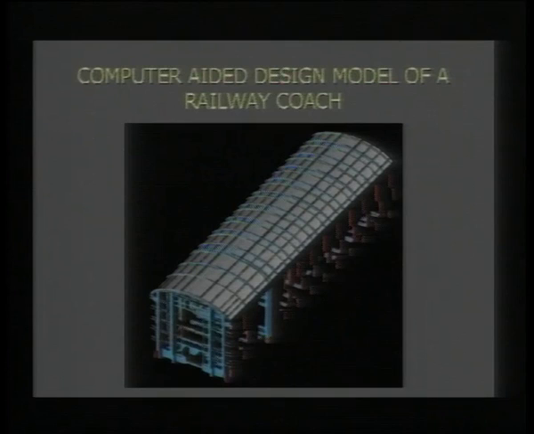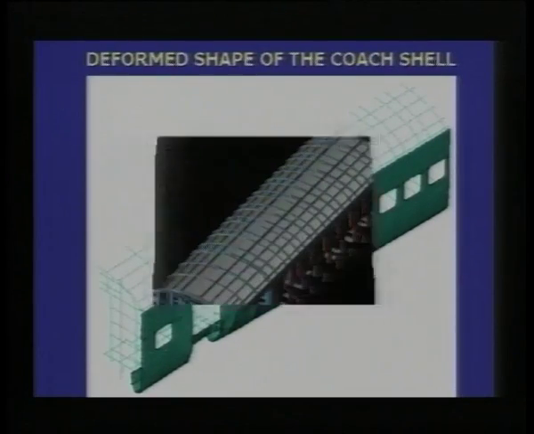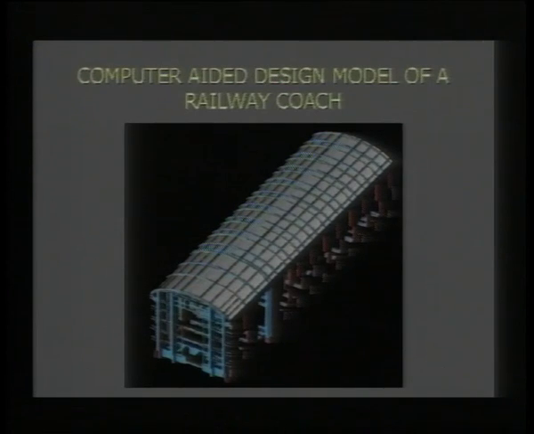Just have a look at that undercarriage there. What is the type of behavior that you see? Can you guess? Those blue things, what are the types of behavior? How do you think it would behave? Bending, very good. So the behavior is one of bending. Hence I use what is called a beam element,